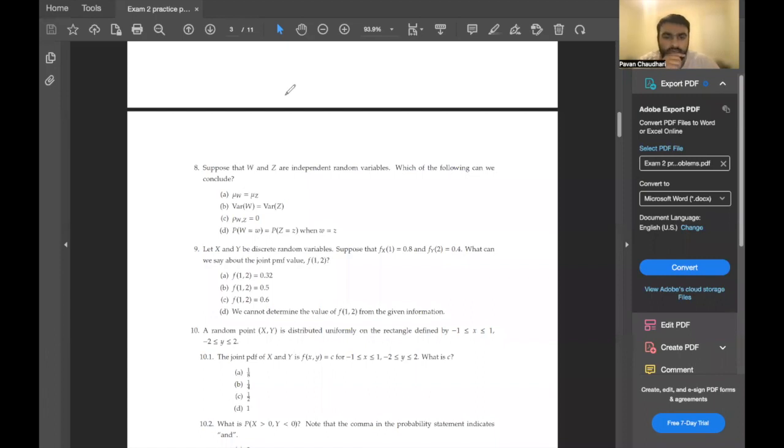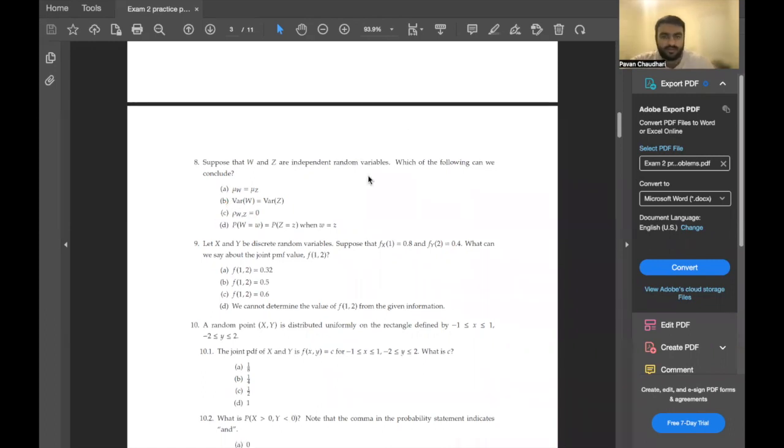All right. So for number 8, if W and Z are independent, that doesn't mean that the means are equal to each other. It doesn't mean the variances are equal. It also doesn't mean that the probabilities are equal at all. It means that they're uncorrelated from each other. And the definition of independence here is that the